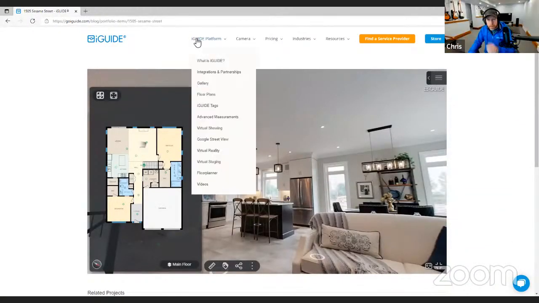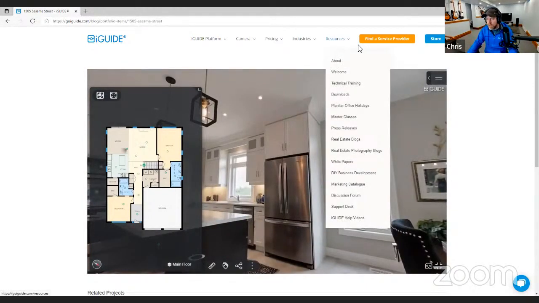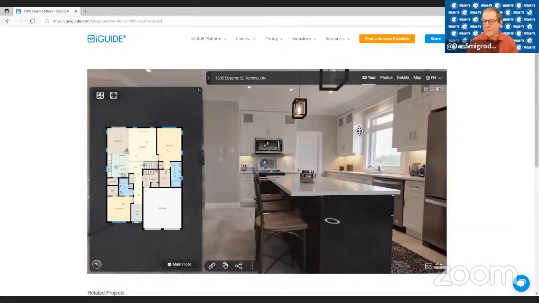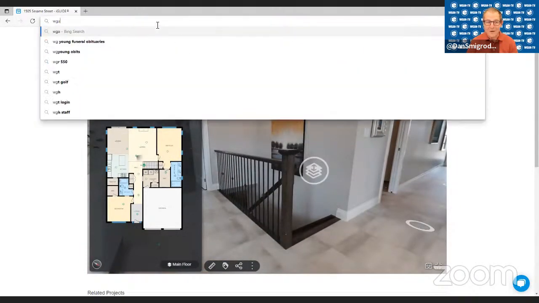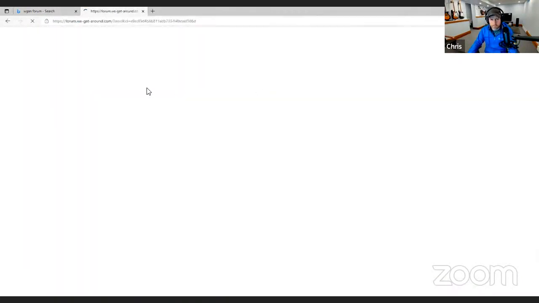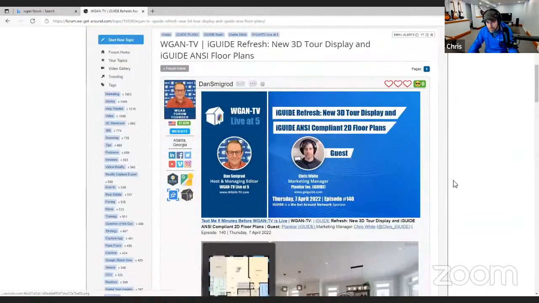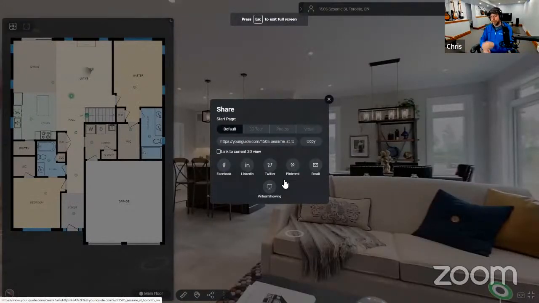Virtual showing, while I'm hunting around for it, is a way of sharing the iGuide so that it is displayed on someone else's screen. Excuse me, the one we've embedded in the We Get Around Network forum is the branded version. Do you want to look at that one? Yeah, let's do it. Okay, and if you scroll down, and there you go. Oh, it's too easy. And you scroll, then you can make that full screen. You want to make that full screen? Yeah, for sure. There we go. Okay, virtual showing. Okay, great.